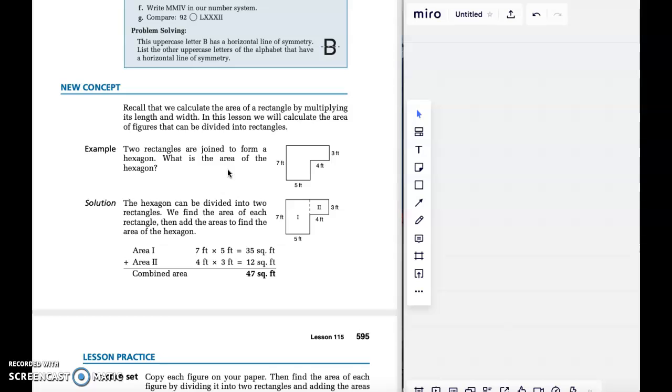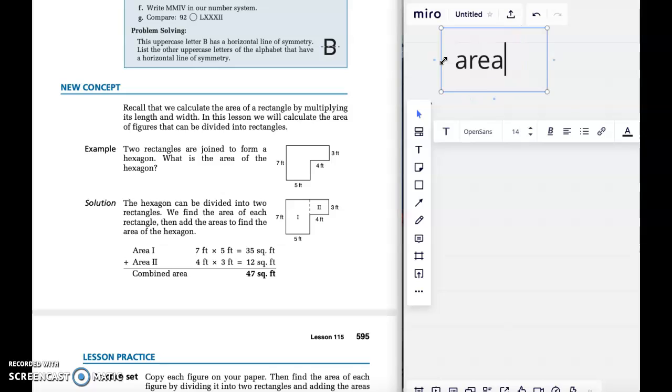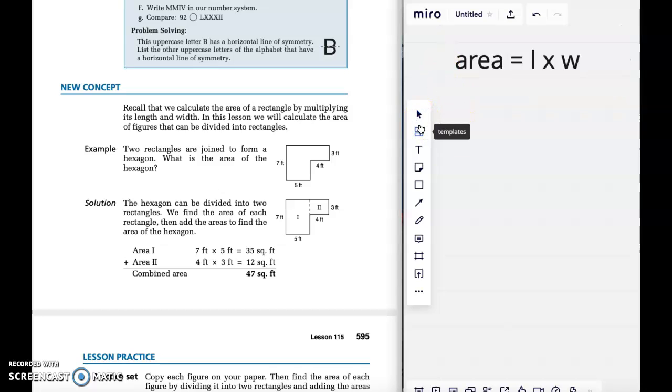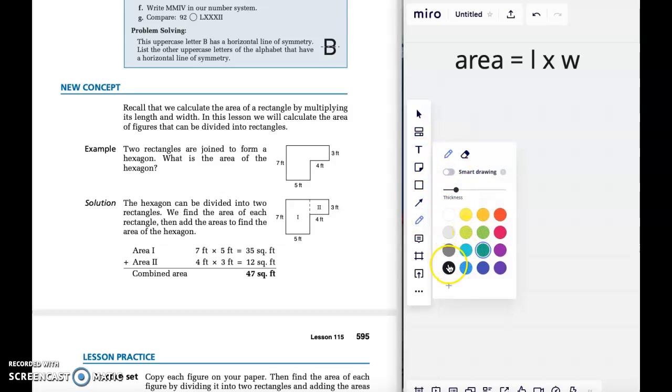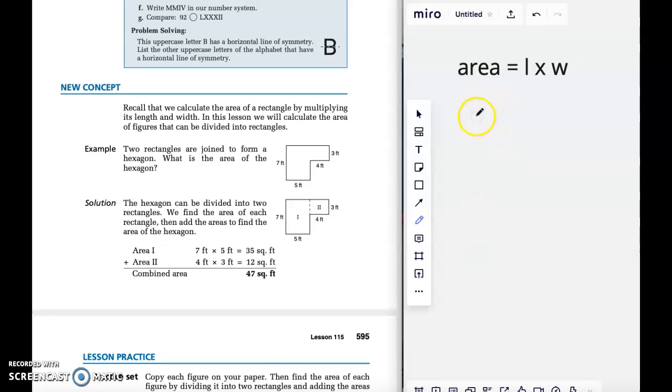So we know that the area of a rectangle is found by multiplying its length times its width. This is not a new concept for you smart kids. So area is equal to length times width. We agree with that. But what happens when you have multiple shapes within one shape? So what we're going to do here is we are actually going to subdivide up our shape. So if you look at this shape right here, we've got